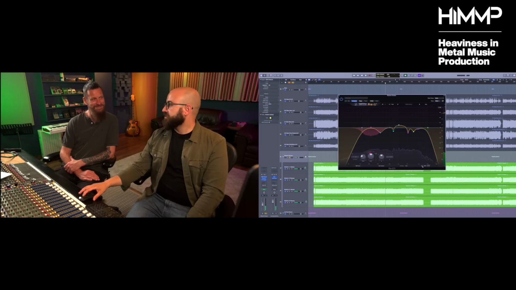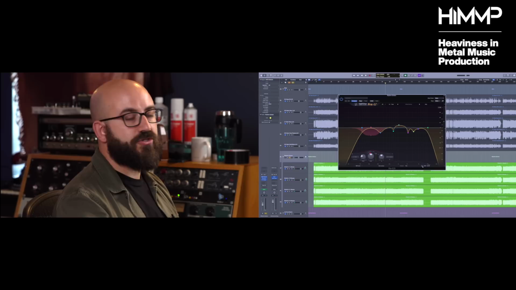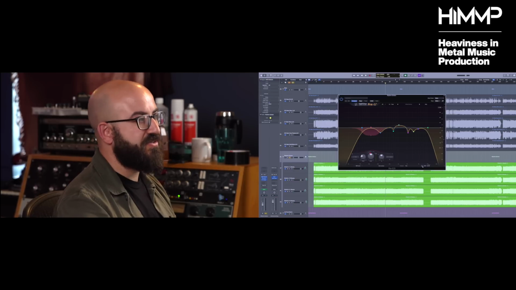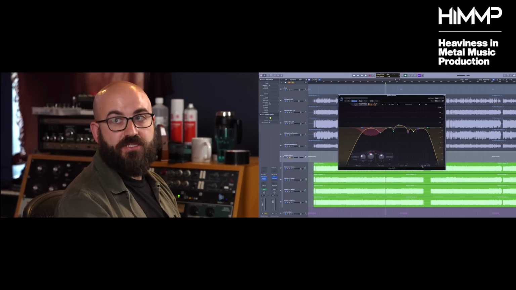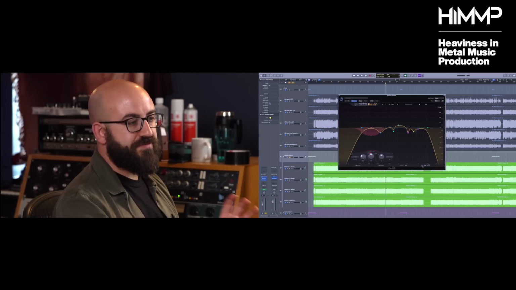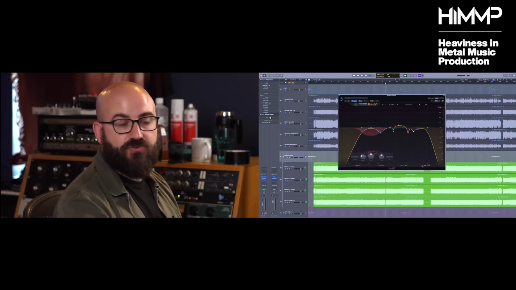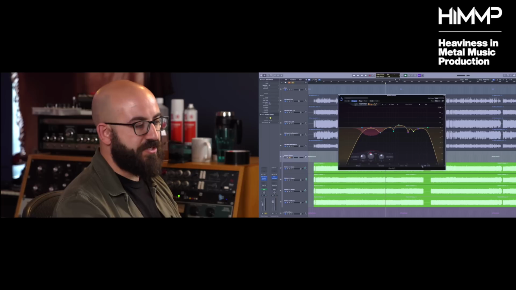So really, for me, guitar EQ should just be about a more controlled version of the raw sound. The raw sound maybe can be a little bit bigger than you need, but it should have all of the character that you want, and you shouldn't be trying to incorporate that by using processing.